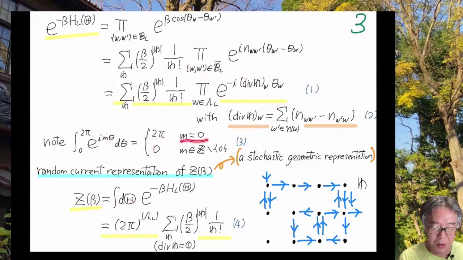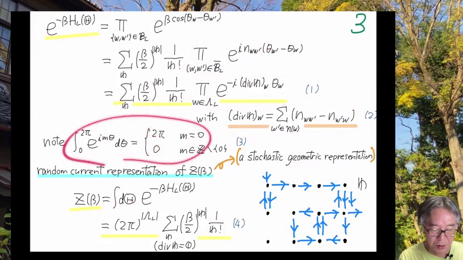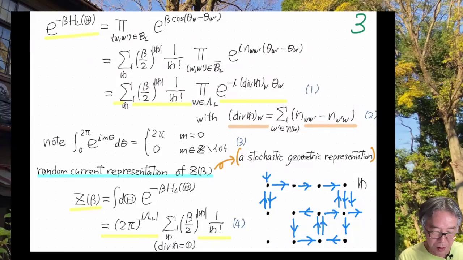Okay, when m equals 0, we have 2 pi, otherwise we have 0. And we simply use this for all possible theta, all possible w, and then you just integrate this to find that your result is 0 whenever this is non-zero. So the only non-zero contribution comes from here. So you have 2 pi to the power of the number of sites, and you must sum over all current configurations, which are